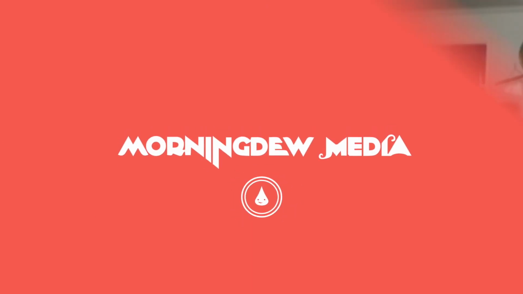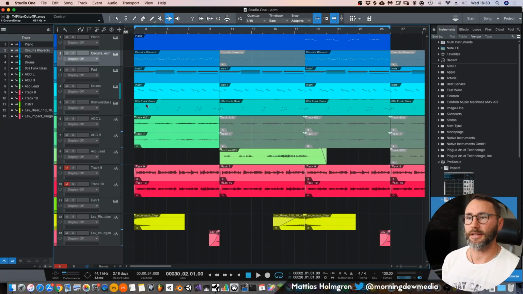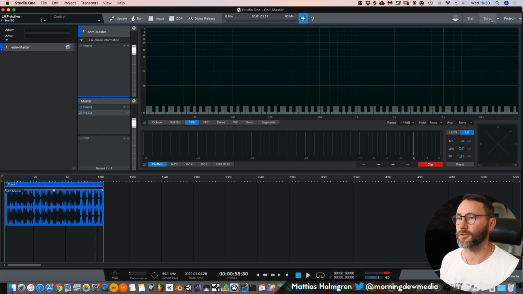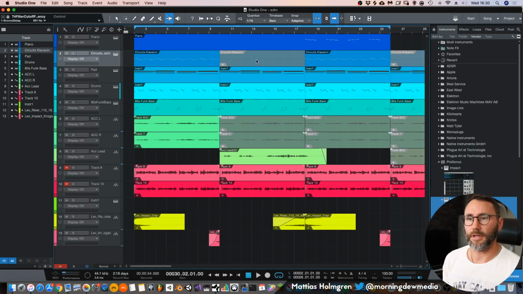Okay, so let's begin by looking at the interface of Studio One. Here we have the song mode in Studio One. Studio One offers two different applications. So you have the song application and you have the project application. The project application is for mastering your tracks. So let's go back to song mode, and here we have the arrangement view where all our MIDI tracks and